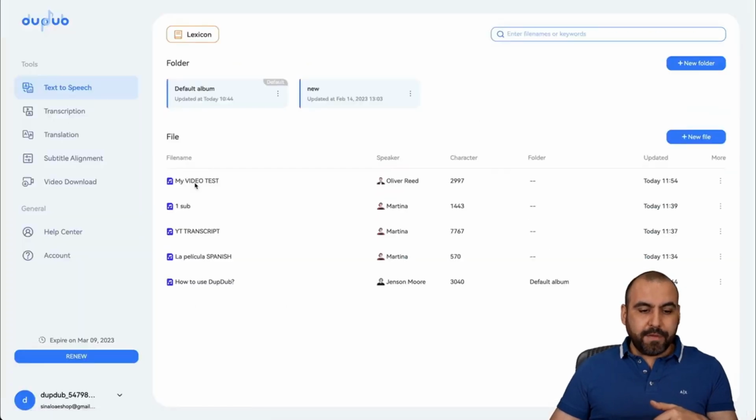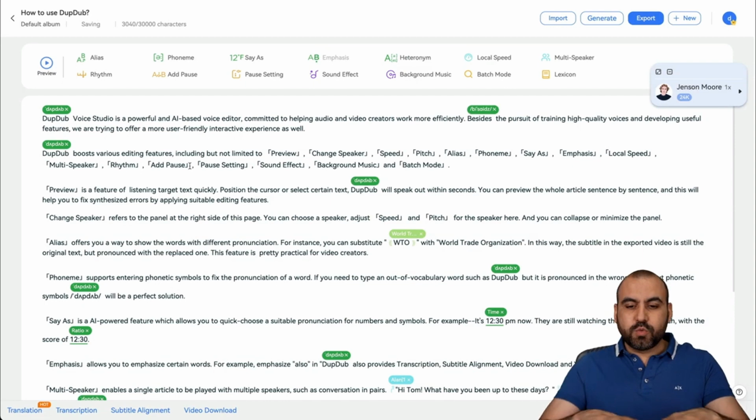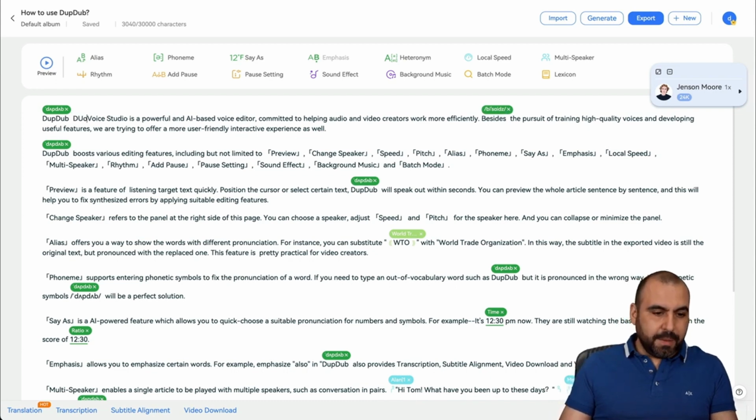Now, if you want to have a really great example, like I said, jump into the free version and you'll have access to this one. This is one of the ones they've made, and you can see how it changed all of this. Now, let me show you this. I'll put DupDub,